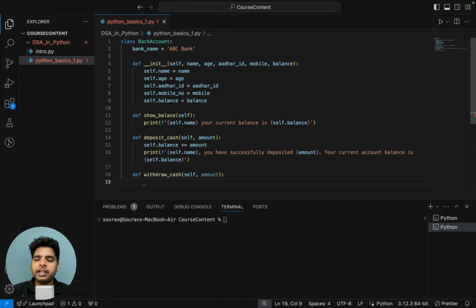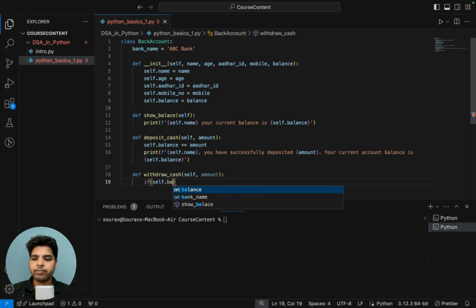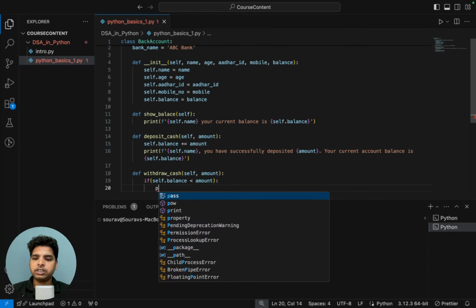If it is greater, then we can allow the withdrawal, otherwise we'll just show a message. So let's first check if self.balance is less than the requested amount, then we'll just print